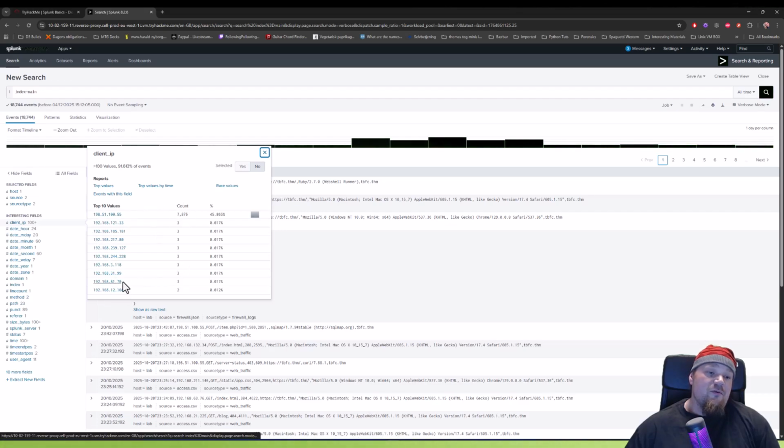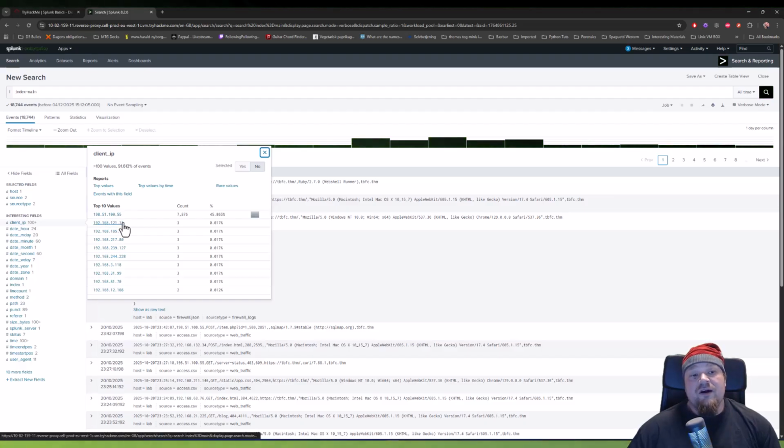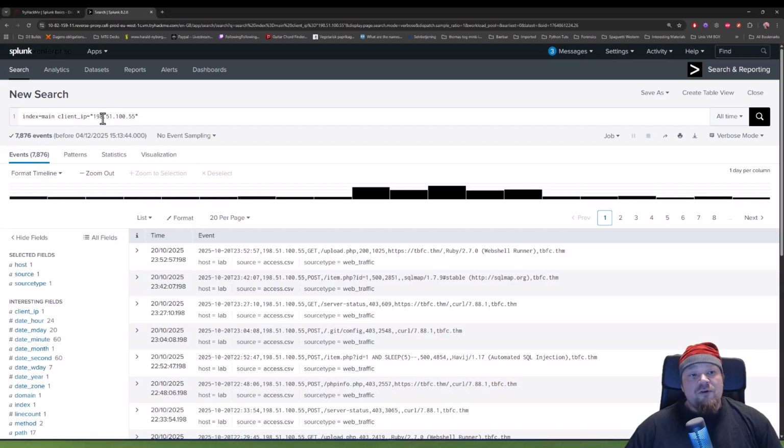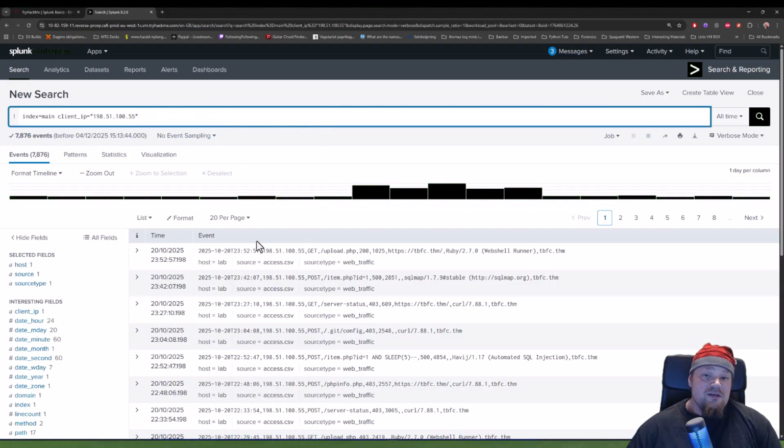There are a few IPs that look kind of normal, and also one standing out, 198.51.155. So we're going to click on that, and add it to the filter in our new search, and we can see that this particular IP address